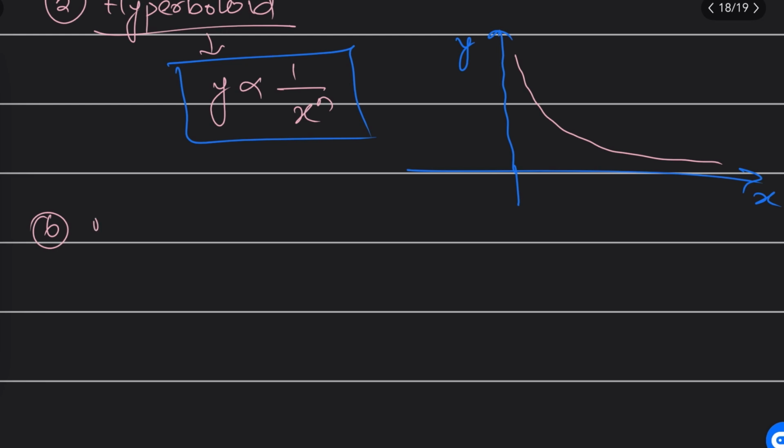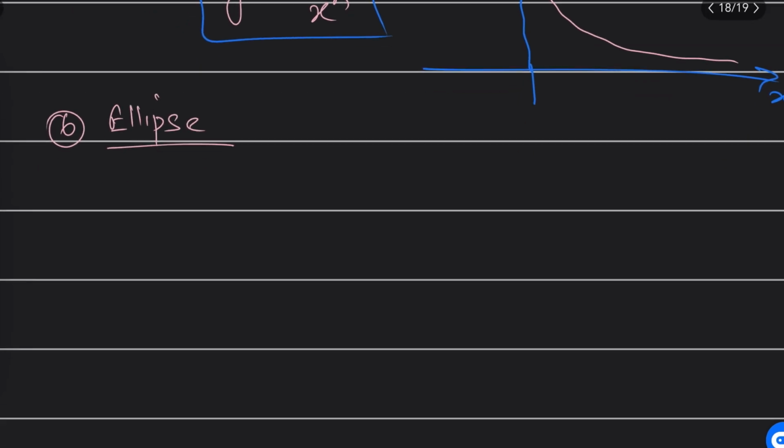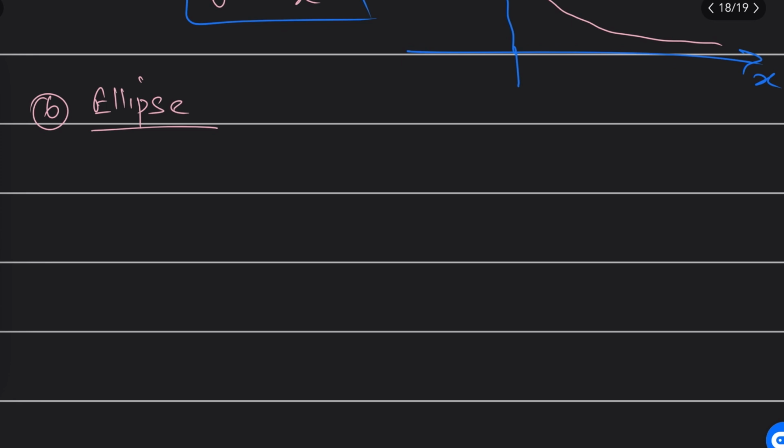sixth, give the heading ellipse, sir. Ellipse. Sir, if I'm talking about ellipse, how does the standard equation look? The standard equation of ellipse is x square by a square plus y square by b square is equal to 1. Isn't it looking like a straight line? But there it was not power 2, there it was power 1.